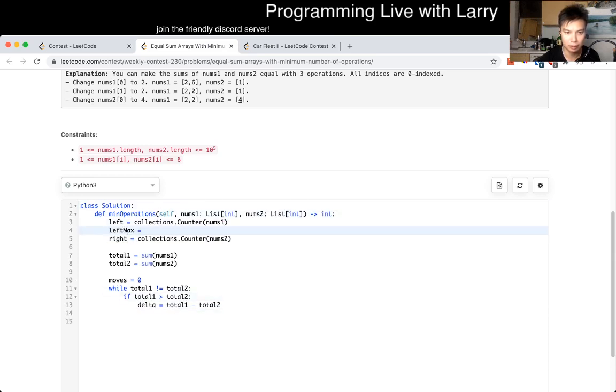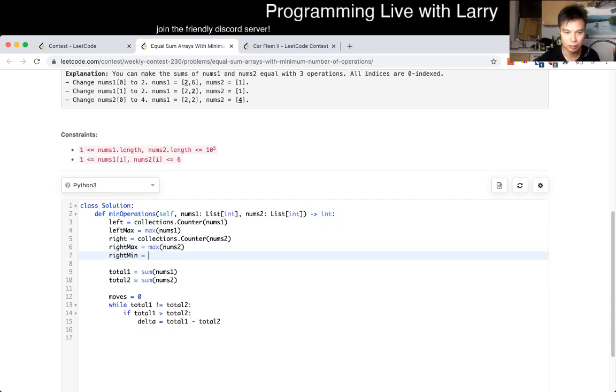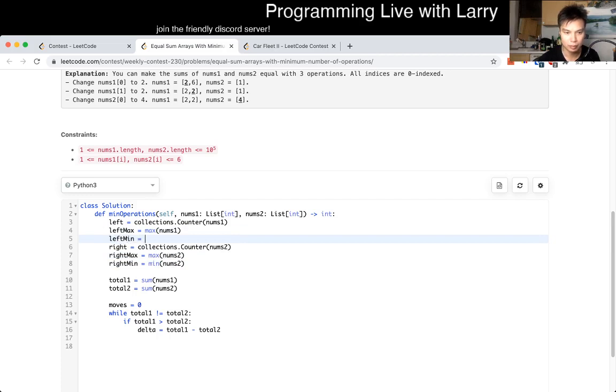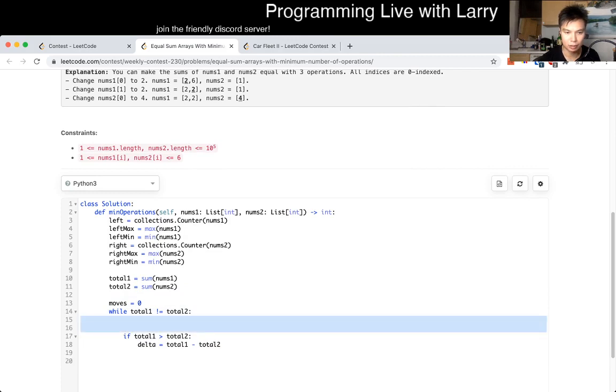Equals maximum. So okay. Yeah, let's do it. While